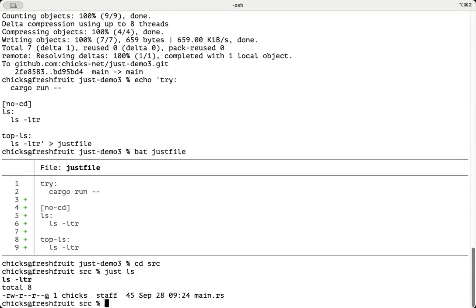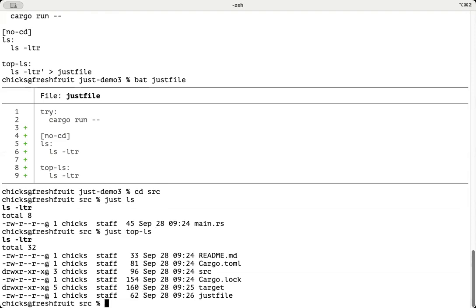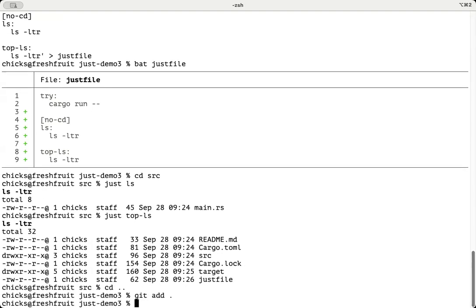So we will see what is in our current directory, the source file of main.rs. But if we do just top ls, we're going to see that the default behavior for our recipes in our just file is that they are running from the top of our repo. And so you don't need to worry about odd behavior when things are being run from weird locations. Things are consistently run from the same place, which is a pretty nice default to have. So let's commit that